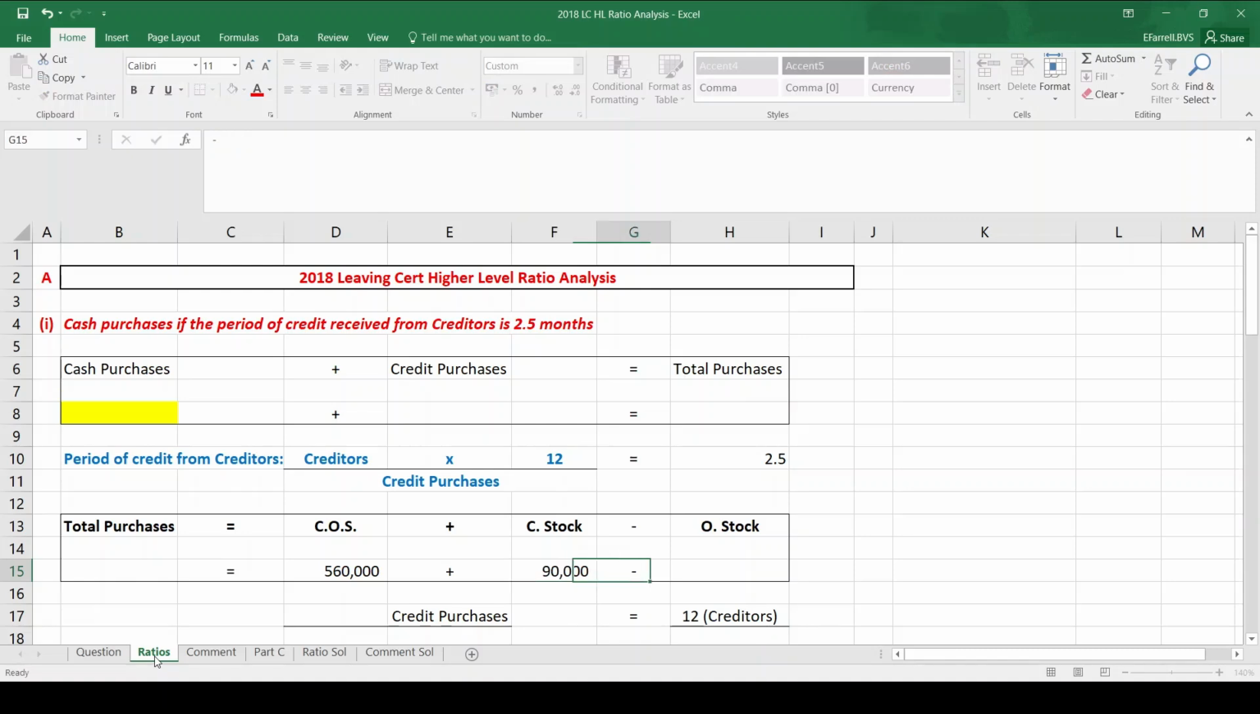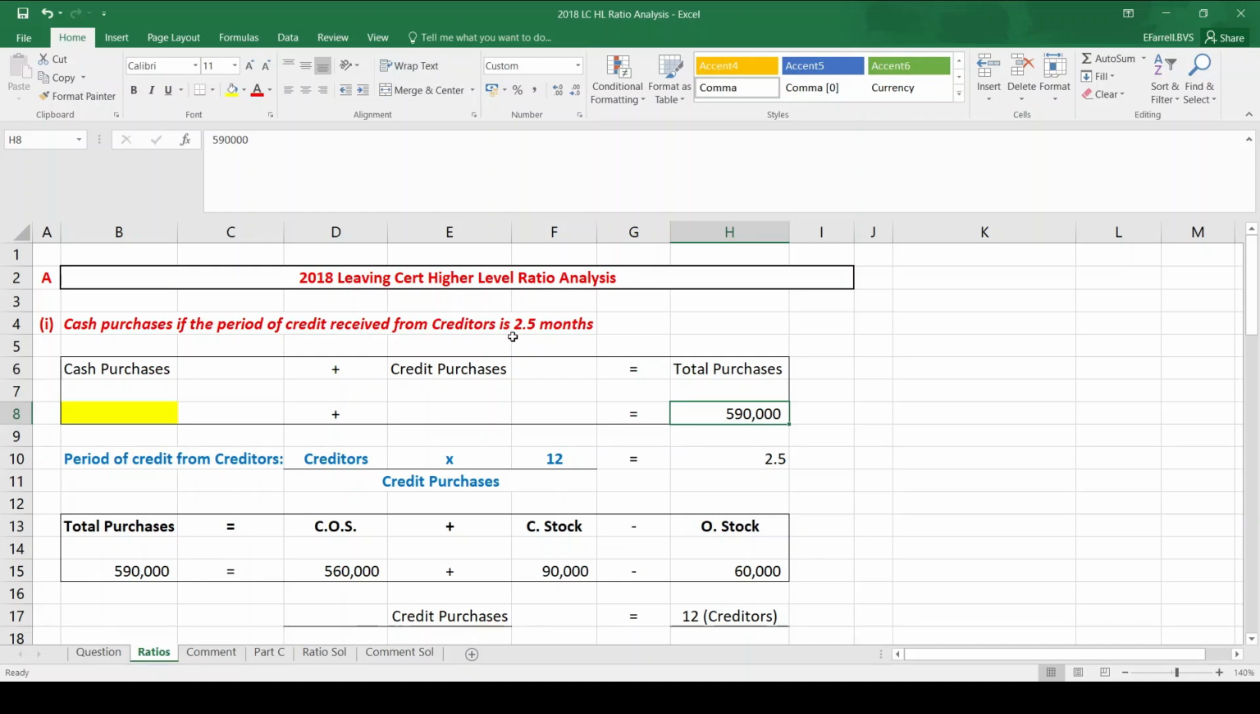So I'm going to add 90 and take away 60. So total purchases is 560 plus 90 minus 60, which is 590,000. So now I know my total purchases are 590,000. From this information it gives us here, we can work out credit purchases because it tells us the period